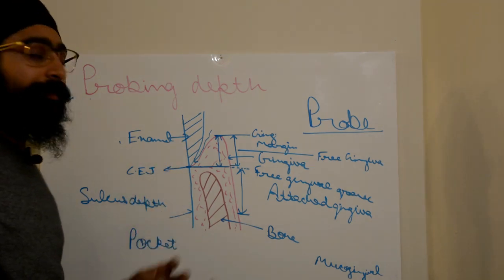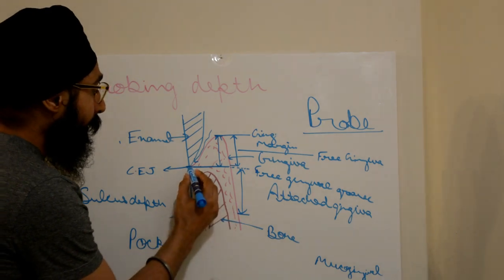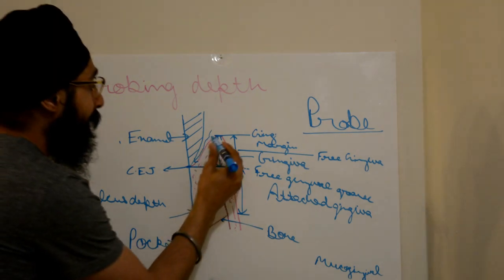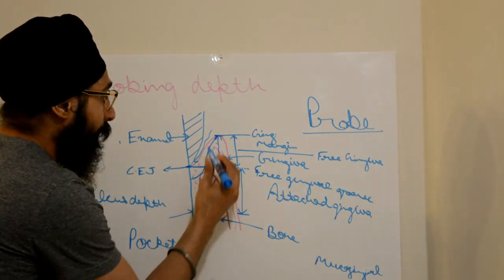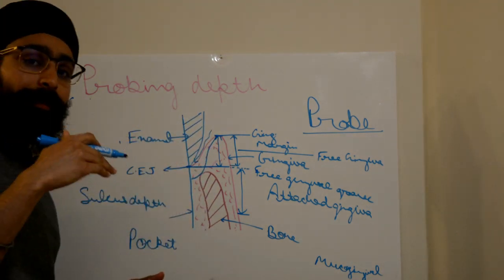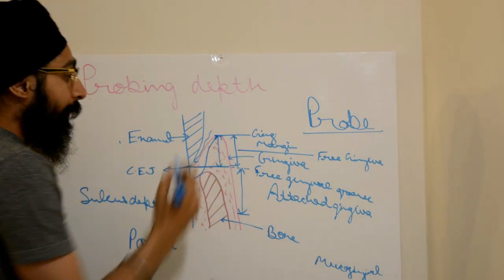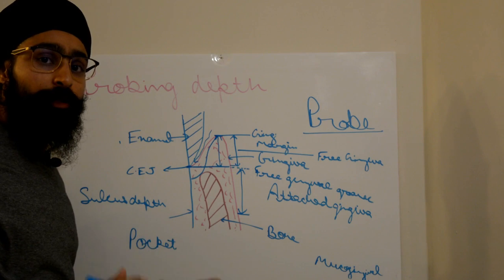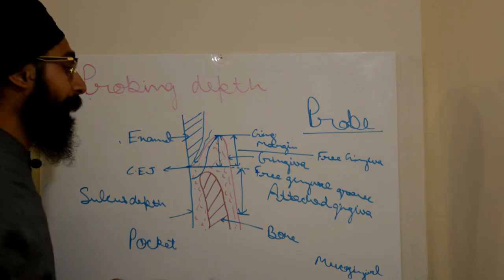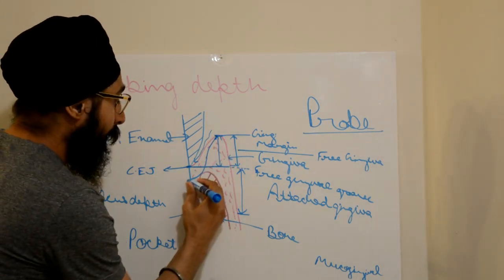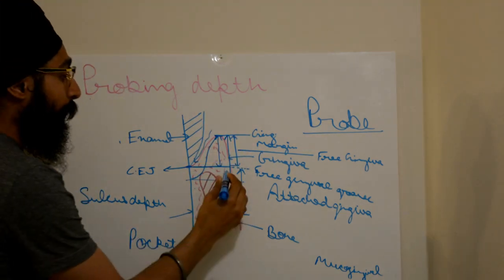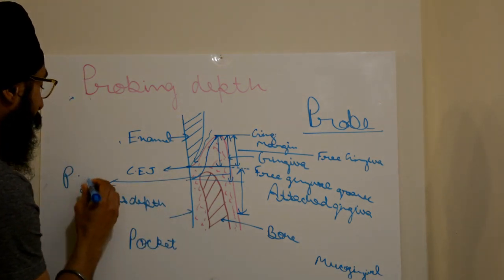But if this is a diseased condition and the base of the gingival sulcus is not present at the CEJ, or maybe it is at somewhat lower level, let's say like this, then the probing depth will be: when a dentist enters the probe into the pocket, the area where it will feel restriction or resistance, we measure that depth and we call it probing depth. So in this case it will be from here till here. This is called probing depth.